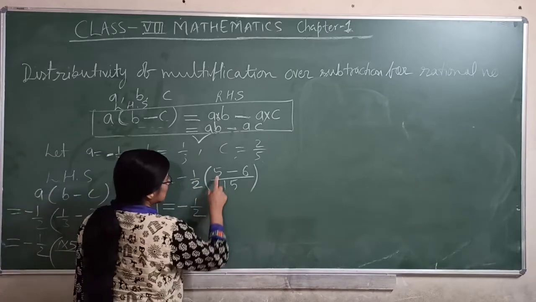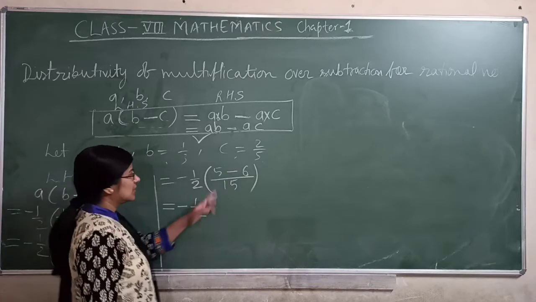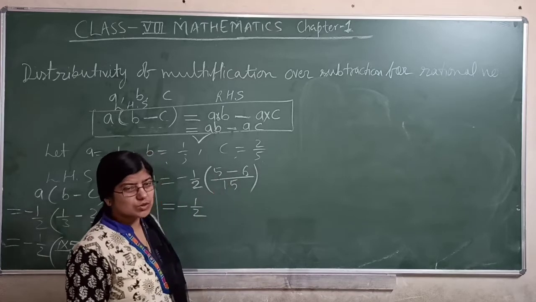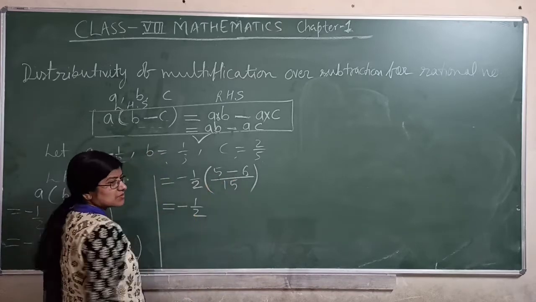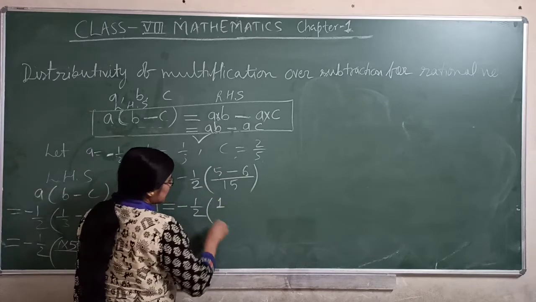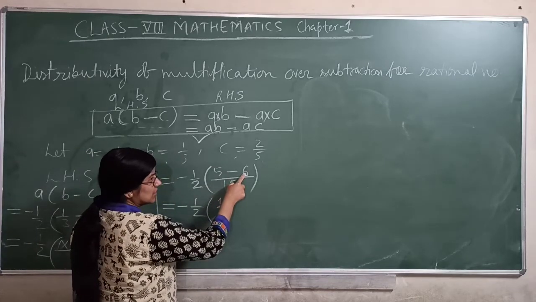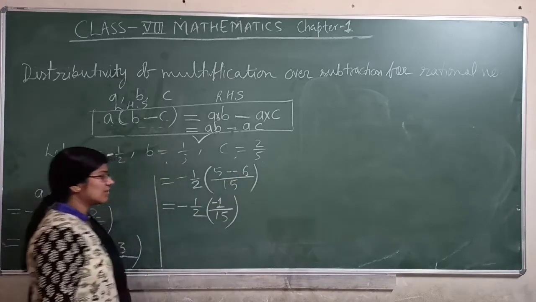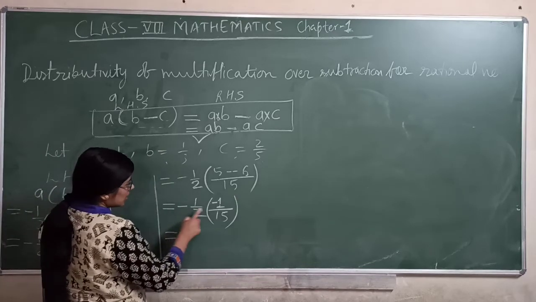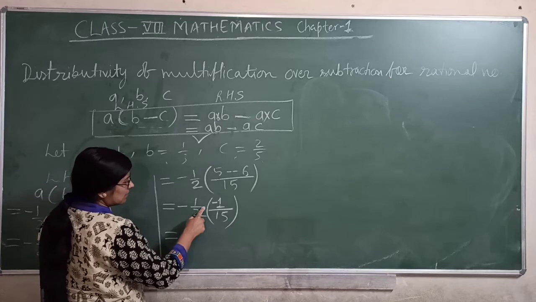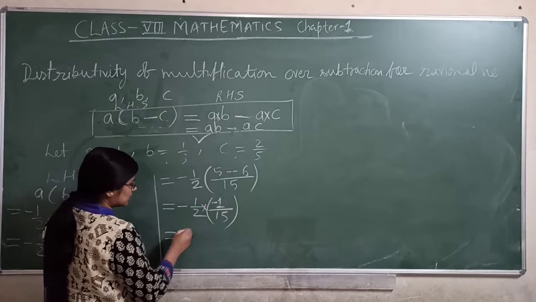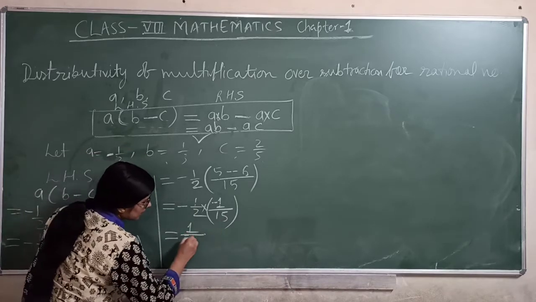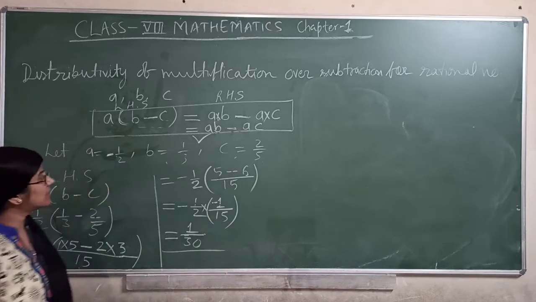And here look. 5 minus 6. 5 is smaller, 6 is greater. You know here plus sign, here minus sign. So you can do subtraction easily. 6 minus 5, you know 1. 6 minus 5, 1, sign of greater number. Greater number 6 है तो इसका sign आएगा minus. And here upon 15 within bracket you will write like that. Now no sign it means bracket and no sign it means multiply here. You have to do multiply. Minus into minus plus. 1 into 1, 1. And 2 into 15, 30. So that's your left hand side.